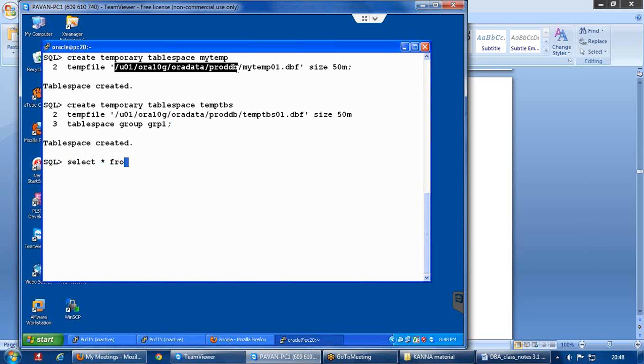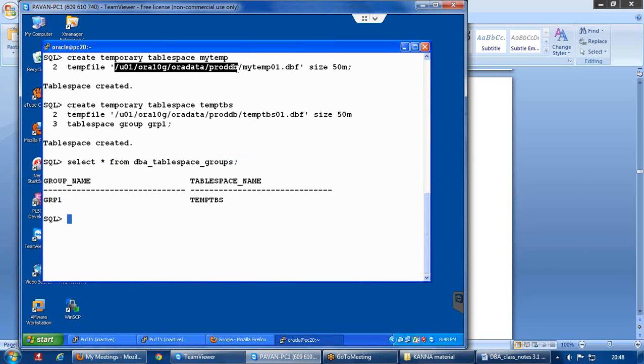So if we want to know more information about temporary tablespace groups, then we have this particular view, dba_tablespace_groups. It will list how many groups are there, and under each group how many tablespaces are there. And suppose now you want this temporary tablespace to go to this particular group, then you can use this command